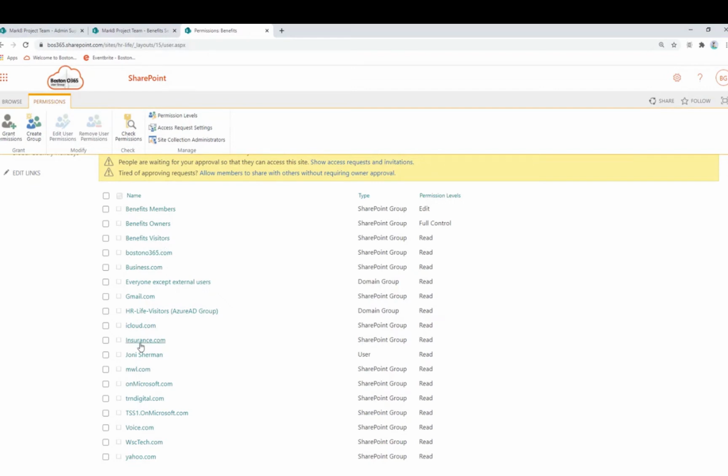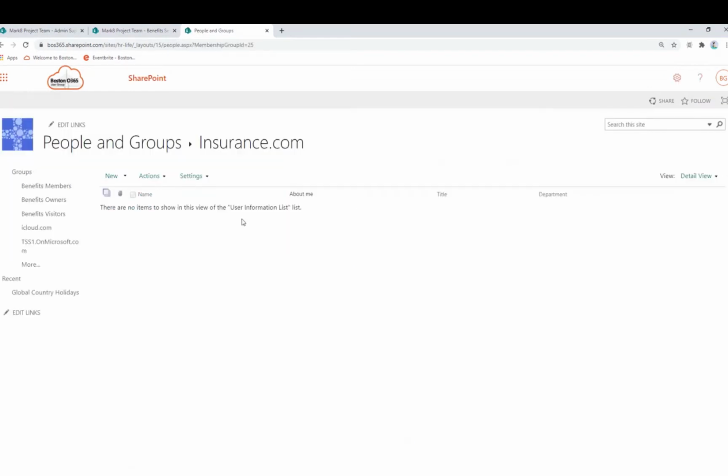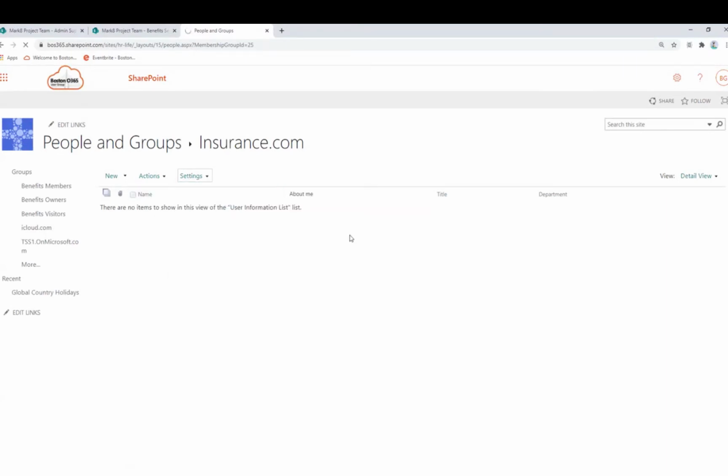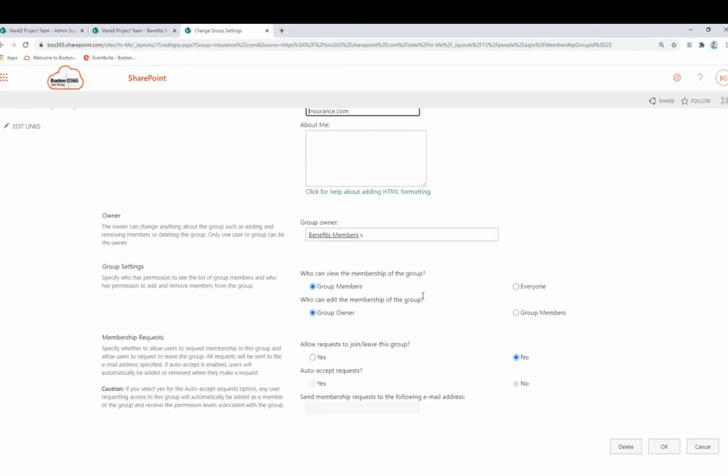The other thing, when you put these groups in on group settings, you have a choice to make the group owner to make members, or you can do here on group owners. So when you make a security group, you want to think about who can make changes to the security group. So typically, you can only add one SharePoint group to be the owner of the group to make changes to it.